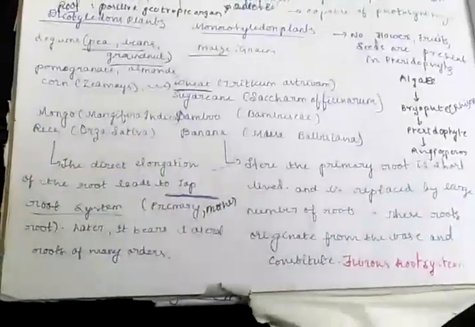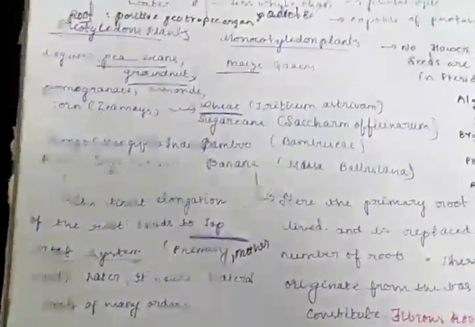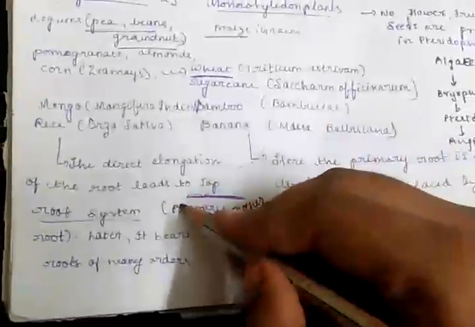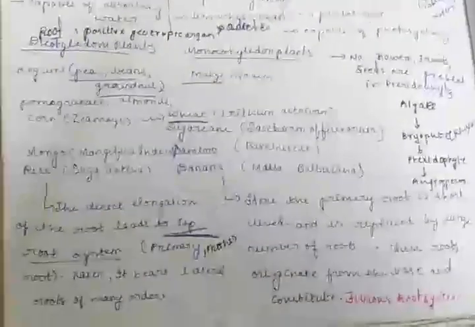Okay. What is the necessity of reading about dicotyledons and monocotyledons here? We are going to learn these two characteristics because we are going to learn about the taproot system, the fibrous root system, and the adventitious root, which are types of root. Here there is a necessity of learning about dicotyledons and monocotyledons. I will explain you in detail.